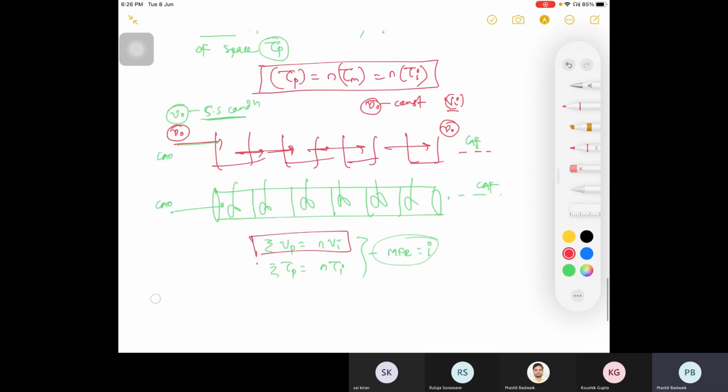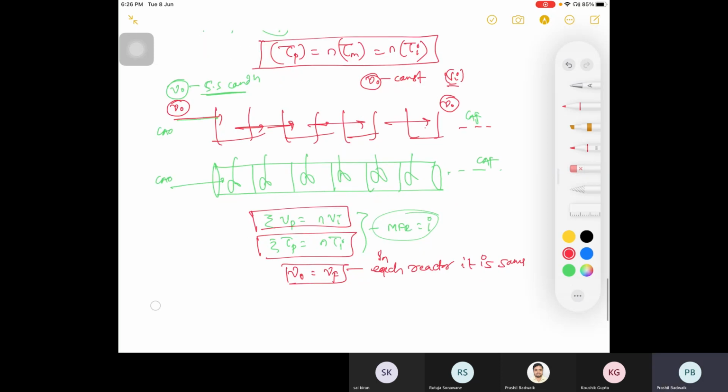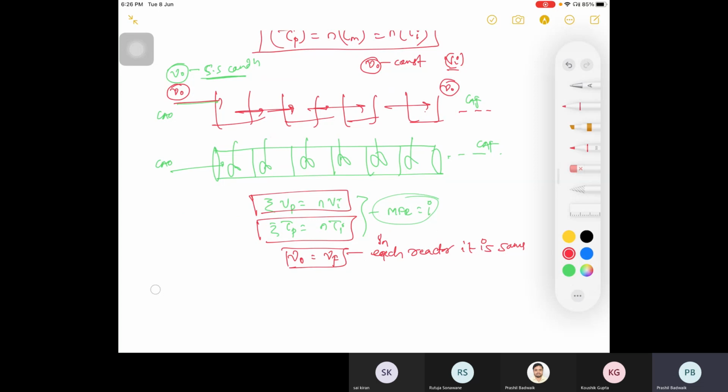So this is your equation, and nu naught is the same initially and finally, or I'll say in each reactor it is the same. Okay, this was about it. So I calculated this using mathematics. Now how can I show it physically, or its physical significance, or in a real life situation? I'll say graphical method,